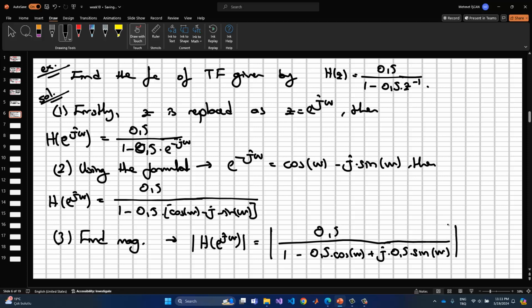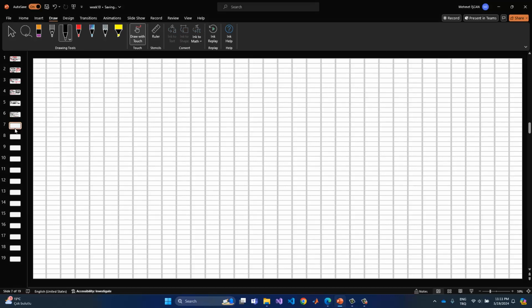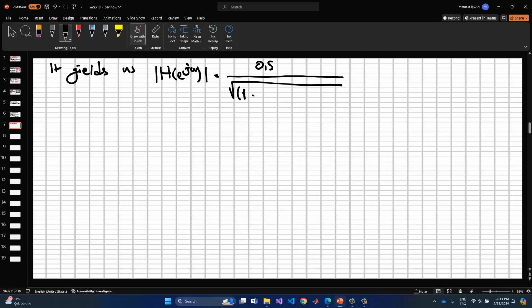Okay, we need to take the absolute value of these terms, or in other terms we generate the real and the imaginary part in here, and so this yields H(e^jω) equal to 0.5 divided by the square root of (1 minus 0.5 cos ω) squared plus (0.5 sin ω) squared. Okay,